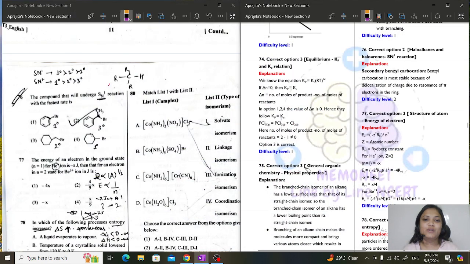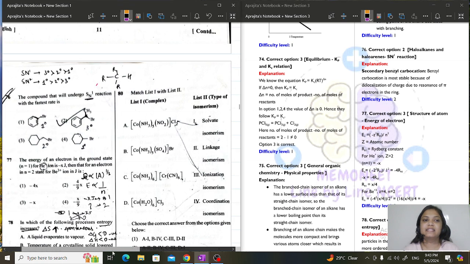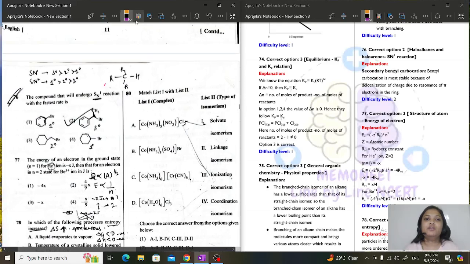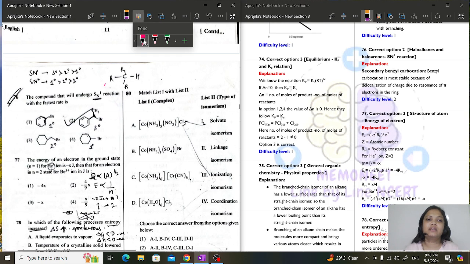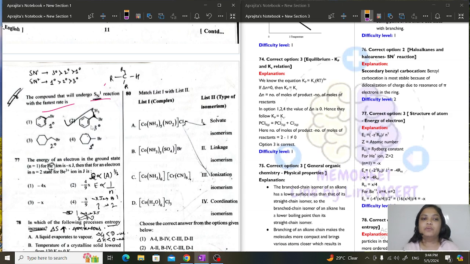Hello everyone. So now let us discuss the solutions for question number 76, starting from question number 76. The first question here is, we can see the compound that will undergo SN1 reaction with the fastest rate is. So in this question we need to tell out of which of the following the one that will undergo